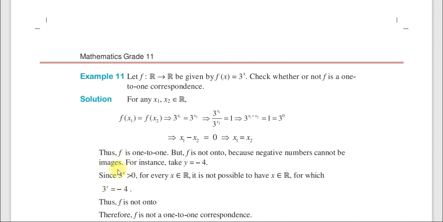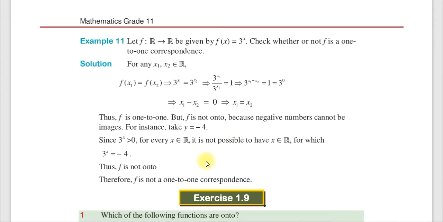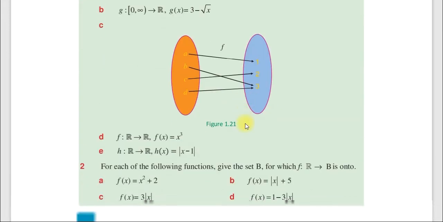አሁን ላይ ለምሳሌ negative 4 እንውሰድ ምክንያቱም real number ተብሎ ስለተሰጠን ዶሜንም ሬንጅም real number ተብሎ ስለተሰጠን negative 4 ለy ወሰድን ለምሳሌ ስለዚህ negative 4 የሚገኝ ኢሜጅ እናገኛለን 3 to the power of x x ላይ ማን ብናስገባ ነው negative 4 ልናገኝ የምንችለው ማንንም አናገኝም because 3 to the power of x is always positive so onto አይደለም onto ካልሆነ ደግሞ የፋንክሽን one to one correspondence አይደለም እንላለን ማለት ነው